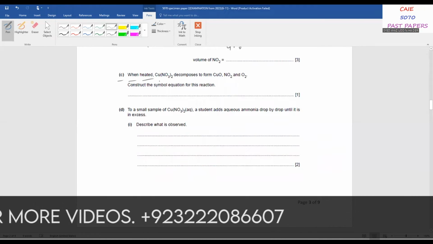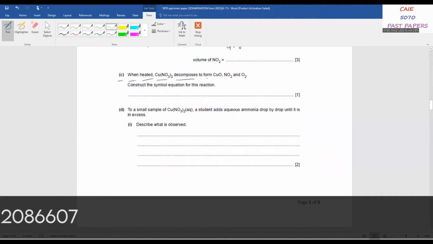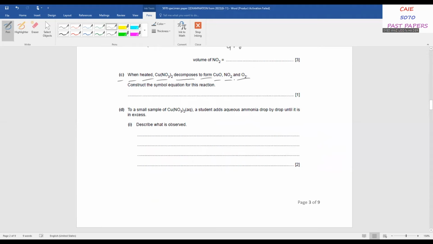When heated, CuNO3 decomposes to form CuNO2 and O2. Construct the symbol equation for this reaction. You have to write the balanced equation. We know the formula of the reactant CuNO3. It's a decomposition reaction and produces CuO plus NO2 plus O2. So we have